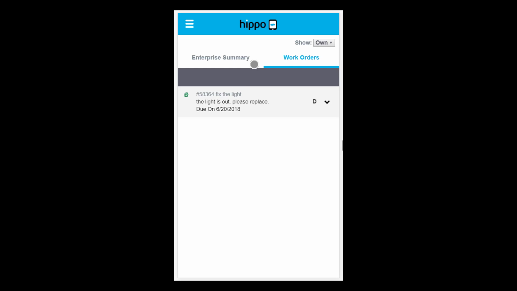For example, if I had multiple facilities, this could be a work order from manufacturing. Next work order could be from the plant. Next one could be from estates. You'd see all of the facilities. To get just the facility perspective, you can always go back to your enterprise summary and click on the name